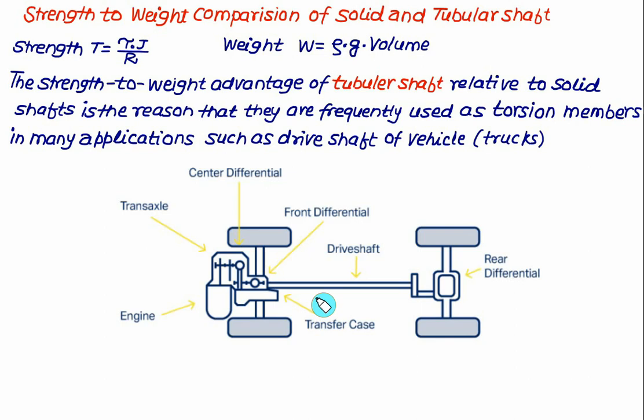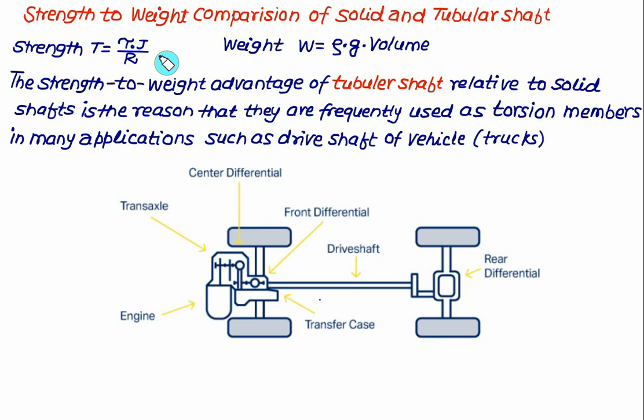Therefore, instead of using a solid shaft from the engine to the rear differential, we'll use a hollow shaft. For the same power transmitted, the cross-sectional area required for the hollow shaft will be smaller as compared to the solid shaft, and that is the net saving in the material. And therefore, our point of interest now is a comparison of the solid and the tubular shaft,